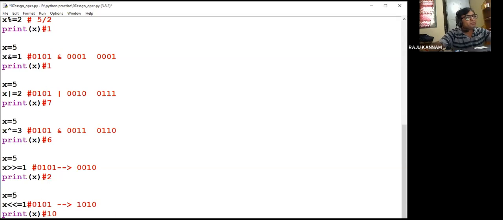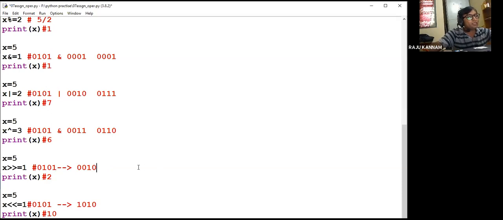So now coming to here, x value equal to 5. Now we are making a right shift by 1 bit. So what is the value of 5? 0, 1, 0, 1. If we make a right shift, every bit will be shifted right. That means the 4th position bit will come to the 3rd position, the 3rd position will go to the 2nd position, the 2nd position will go to the 1st position, and the 1st position bit will get lost. And in the last position, it will fill 0.